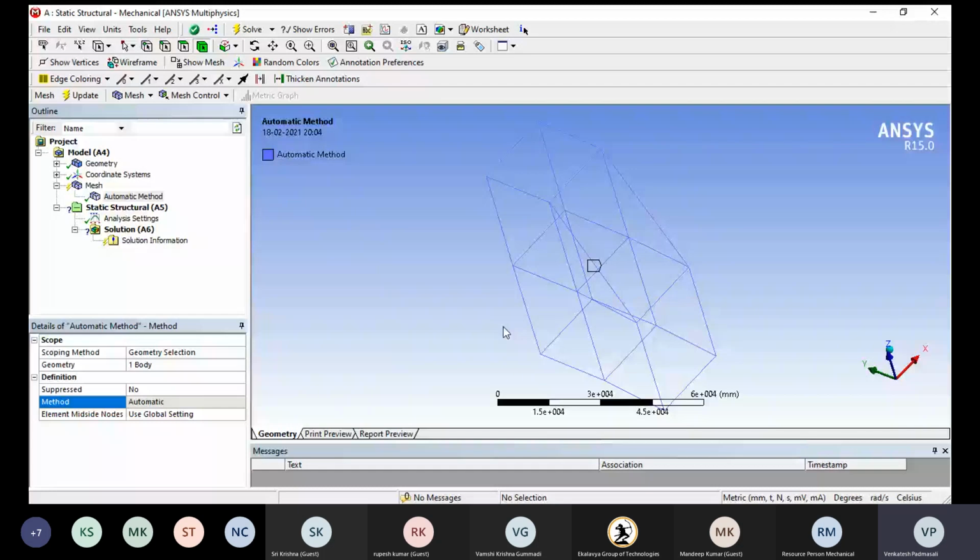So in the same way, I am going to create one type of construction module. I would like to give one more example.